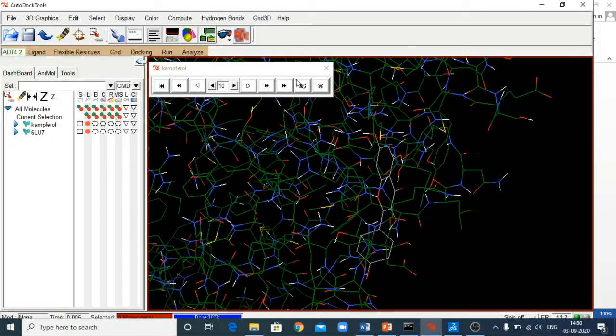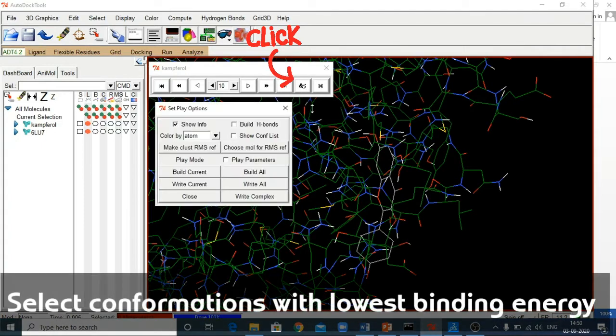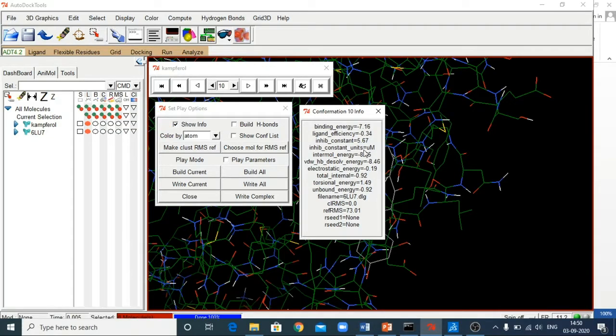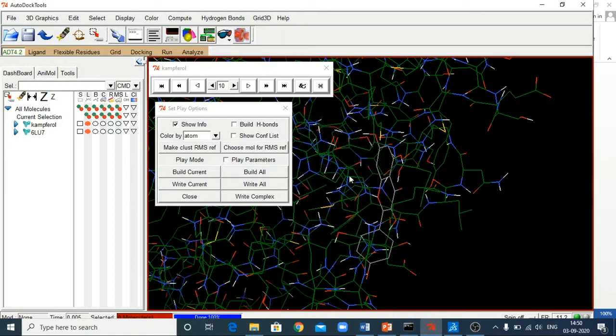Now what you have to do is click on this sign and click on Show Information. So you can see all the information related to the 10th run conformer is available, and it is showing the binding energy of minus 7.16. Now click on this tab, Write Complex.